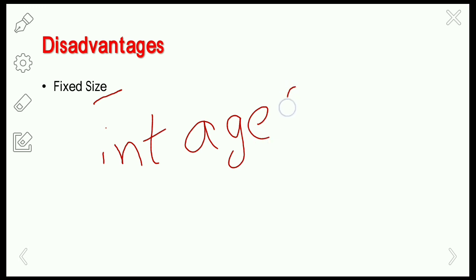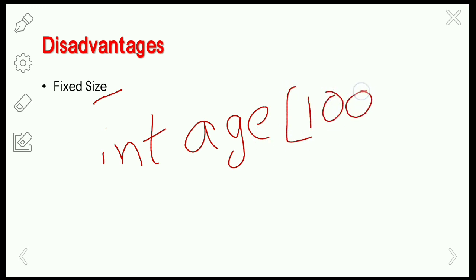And coming to the disadvantages of the array. Here is a fixed size. The array is of a fixed size. That means I'm storing int age of 100 persons.